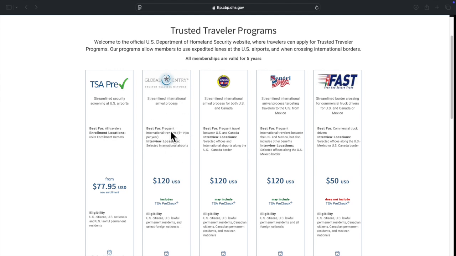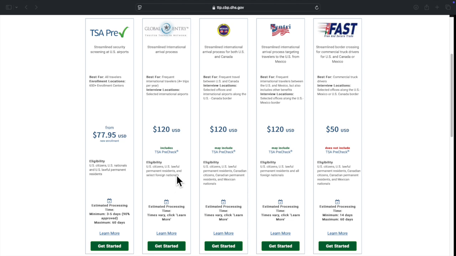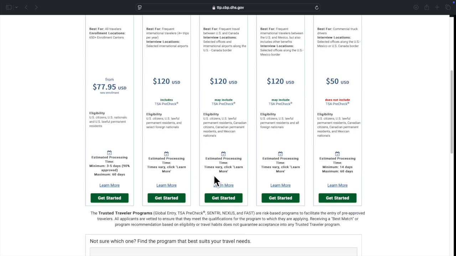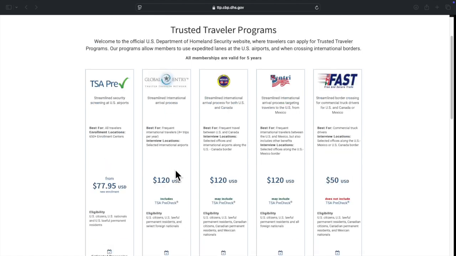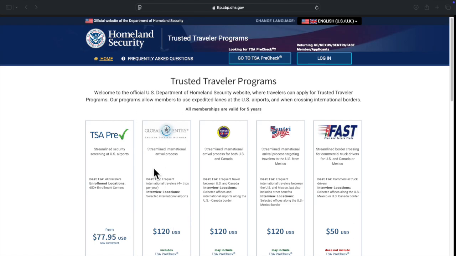It is good. So I have this card, I got this card today, and after getting the card we need to activate it. So in this video I'm going to show you how to activate this Global Entry card. Once you come to this website, basically what you need to do is log in to your account,